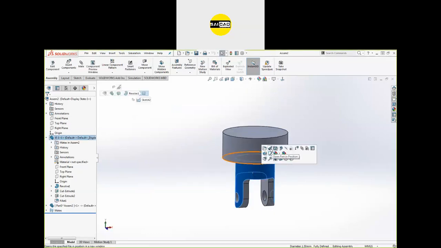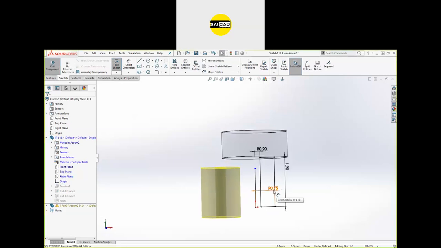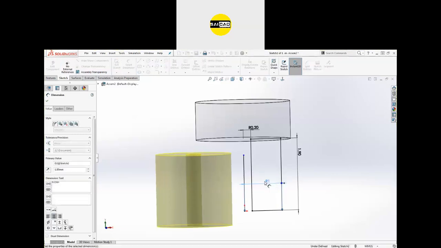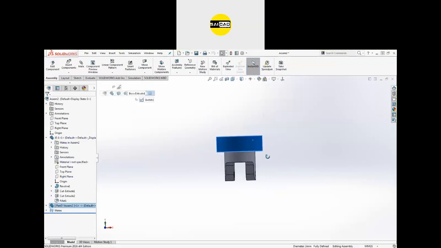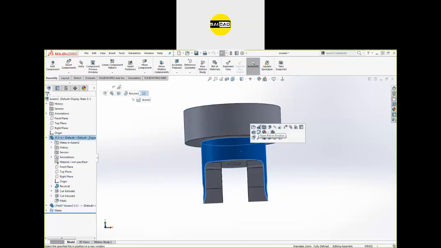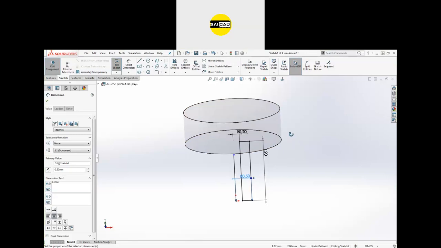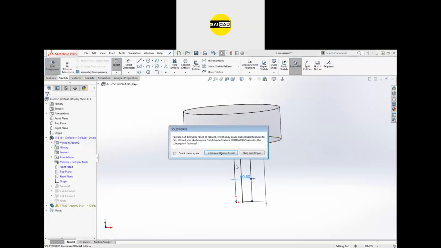So if I go to the edit now from here, you can see this is the revolve. I'm going to edit. You can see the sketch is created right here. So right now we have the gap of 0.75. If I change it to 1 and exit out, you can see the size will also be updated according to that. If I change it back to 0.5, you can see the gap changes accordingly.